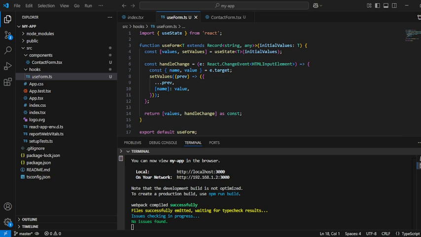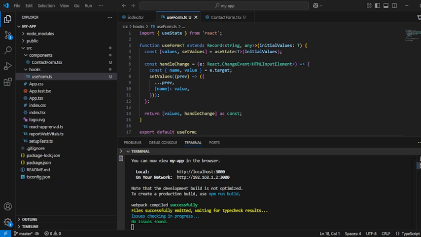Use case, let's understand managing forms. Let us take a practical example. Say you have a form with fields like name and email. Without hooks, you would write separate useState calls and onChange handlers in every component. That's messy, repetitive, and hard to maintain. Instead, we will build a useForm hook that does all the heavy lifting and you can reuse it across any form with just a few lines.